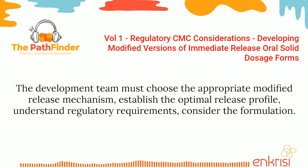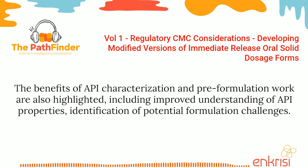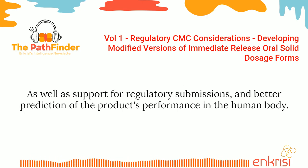The development team must choose the appropriate modified release mechanism, establish the optimal release profile, understand regulatory requirements, consider the formulation, manufacturing process, and analytical testing methodologies, consider BCS classification and biowaiver, develop a clinical development plan, and consider intellectual property protection. The benefits of API characterization and pre-formulation work are also highlighted, including improved understanding of API properties, identification of potential formulation challenges, as well as support for regulatory submissions and better prediction of the product's performance in the